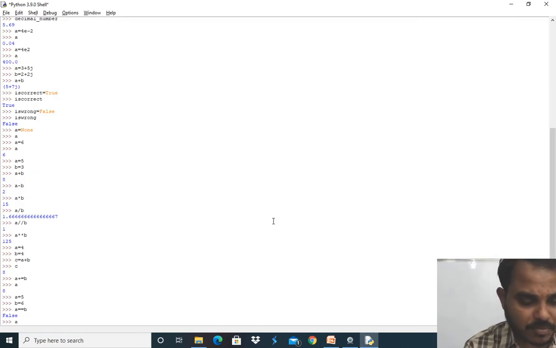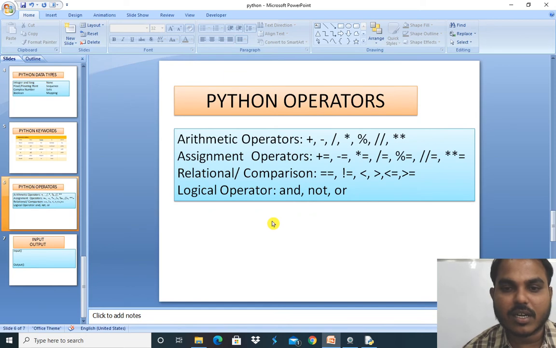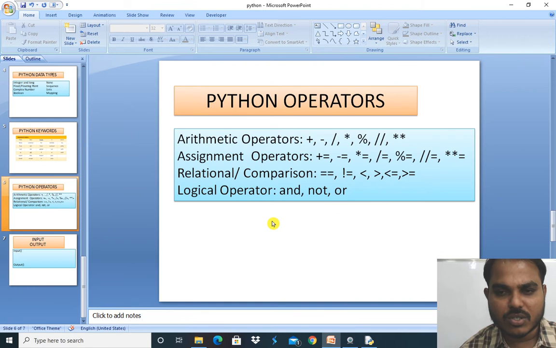The next one is a is not equal to b, which is correct. Both statements are the same, but in writing, here we use an exclamation symbol, whereas there we used double equals, so this is also true. a is not equal to b is correct, right? a is 5 and b is 6. Like this you can use different relational operators, less than, greater than, greater than or equal to, or less than or equal to. So these are the 4 you can use whenever it is required.